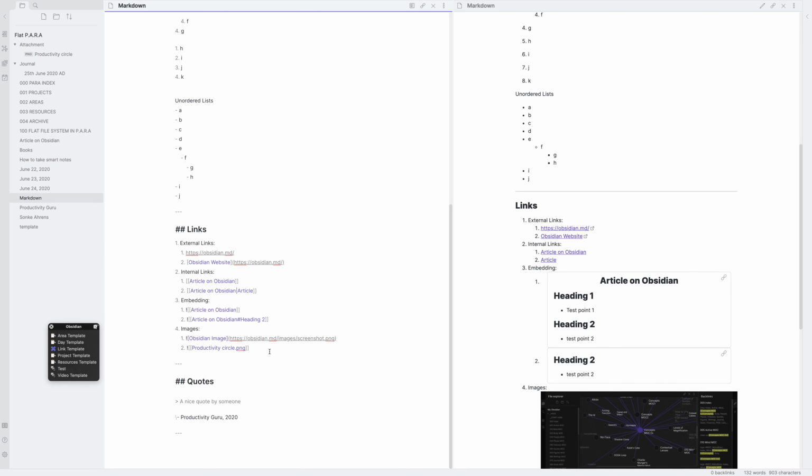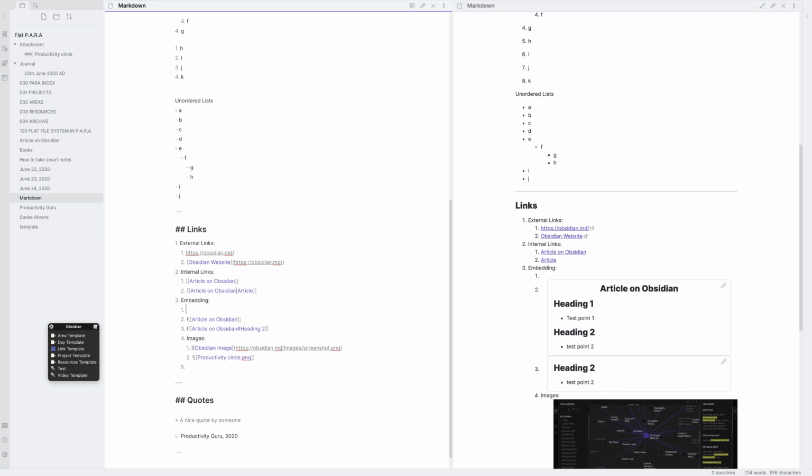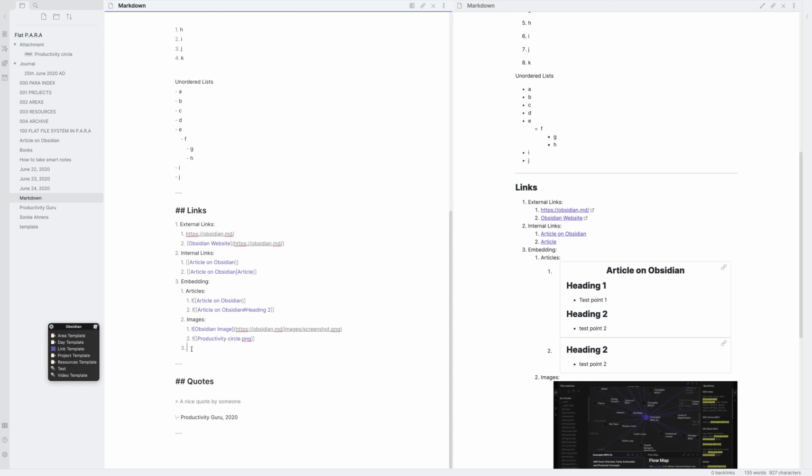Before we proceed further, I just remembered that there's one more embedding that I'd forgotten. So let's just go back to embedding, and images will be the third kind. We put article here. So this was article embedding. This was image embedding. And now finally, one more: audio embedding. You can put MP3 audio, FLAC, any kind of audio that you want. But for now, we'll just use the internal audio recorder.